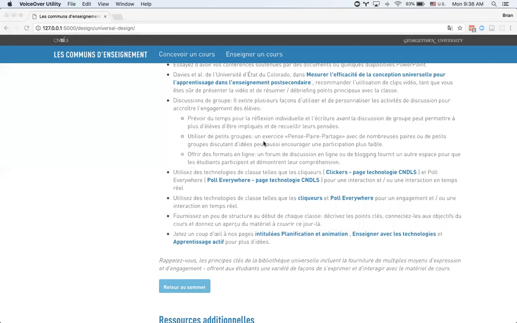And you can see here that the text in parentheses has been translated. French is a very similar language to English, so it doesn't look very different. Instead of technology page, or instead of CNDLS technology page, it's page technologie CNDLS. So it's a really minor difference, but you can imagine with a language that would be much different than English, such as Mandarin, that could make a huge impact. And we'll see that